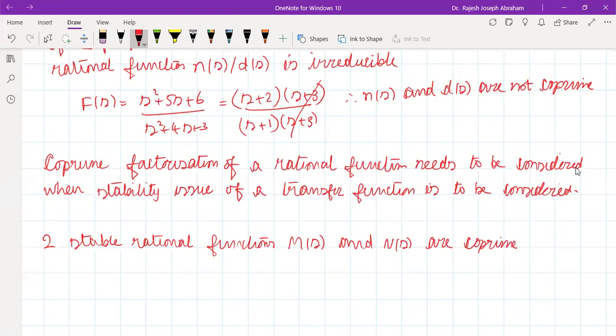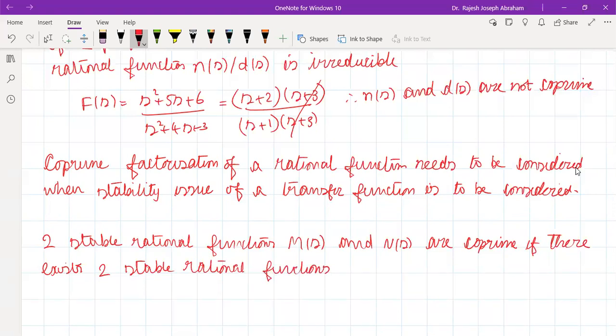because you see this transfer function concept can be extended to a MIMO case wherein you will have transfer matrices. Okay, so we have to extend this idea to that MIMO system. That's why we are taking it step by step. First we consider two integers, then we consider two polynomials. Now we are considering two rational functions. Okay, are co-prime if there exist two stable rational functions, X hat of S, Y hat of S, such that what's the condition?